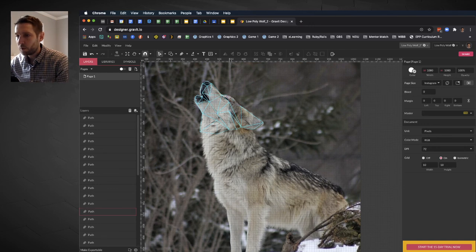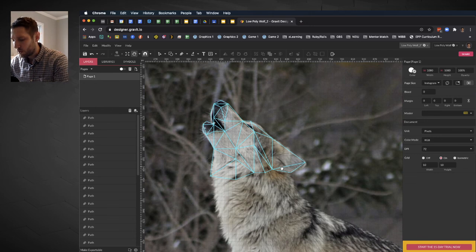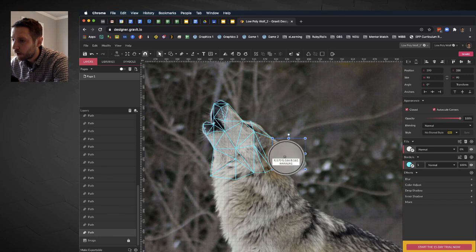But once that's all done, I'll zoom in, and you're going to use your pointer tool, and you're going to click on one of the shapes like so, and you'll click on the fill color eyedropper, and then you're going to click in the middle of that triangle, and you're going to see that it will inherit the color. And you want to click on the color that is most representative of that shape, as you can see I am doing here. So basically every single triangle I'm going to click, and then I'm going to click into the middle of it, and that is going to allow me to build this essentially low poly version of this